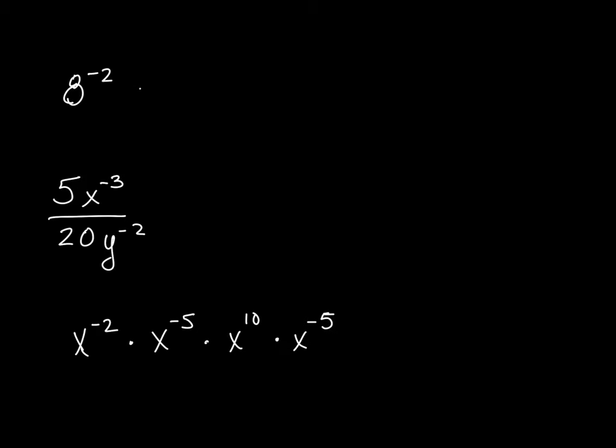All right, this one is just straightforward: 1 over 8 squared, which is 1 over 64. Now, the reason I'm doing this one is because this has to be an example where this 8 is understood over 1, and it has to go